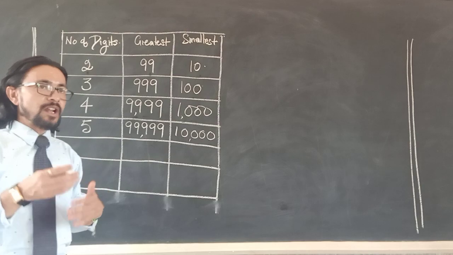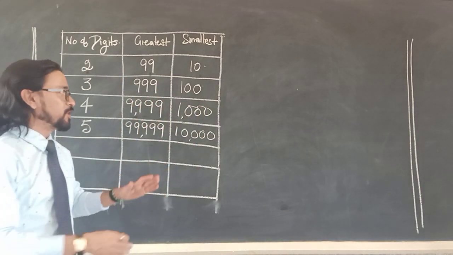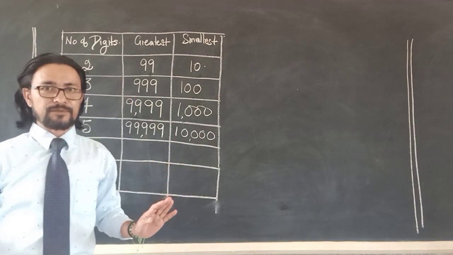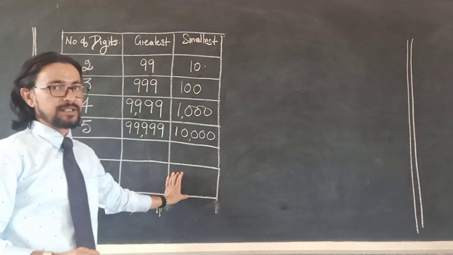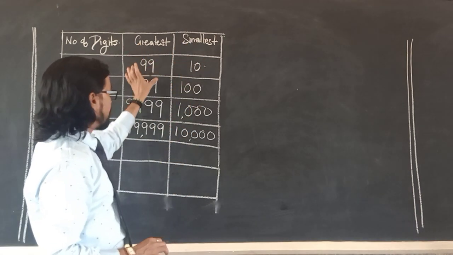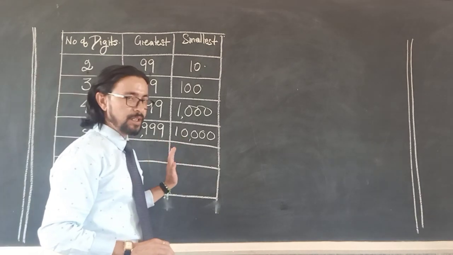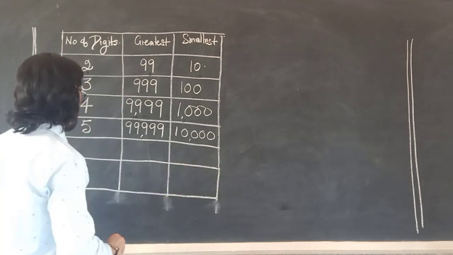Largest, smallest. Now, this table, the way I have made it, you can make it exactly the same way. If you want to reverse it, and put smallest here and greatest here, it's not going to make any difference as long as the numbers of the smallest remain under the smallest column and the numbers that are greatest remain under the greatest column. So you can switch columns if you want. You can first put the smallest and then the greatest, or first the greatest and then the smallest.